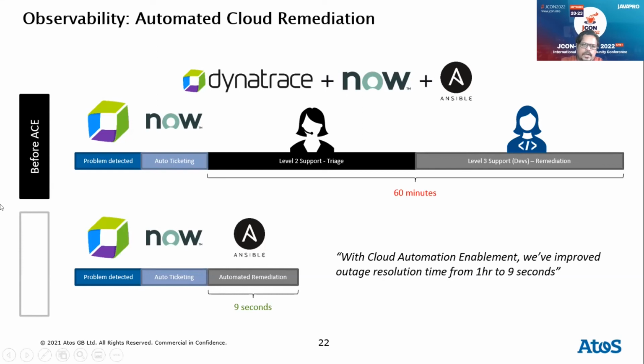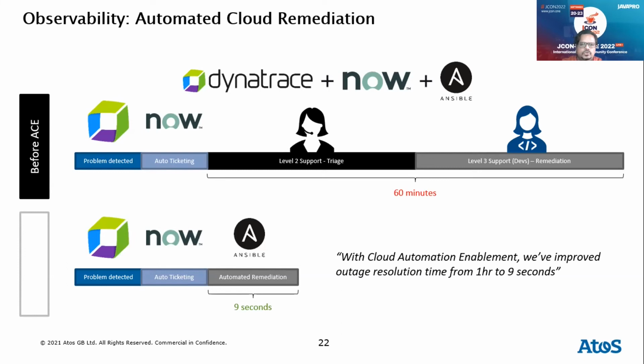The first scenario, the one depicted on this first row, is a scenario where you detect a problem. Then you do the auto ticketing. There may be auto ticketing, there may not be, so let's assume there is. So that problem detection goes into your ServiceNow, and from ServiceNow you have the level 2 support, which is doing a triage. It's trying to find out what exactly has happened, where it has happened, what the domain is, which part of it, infra or application.